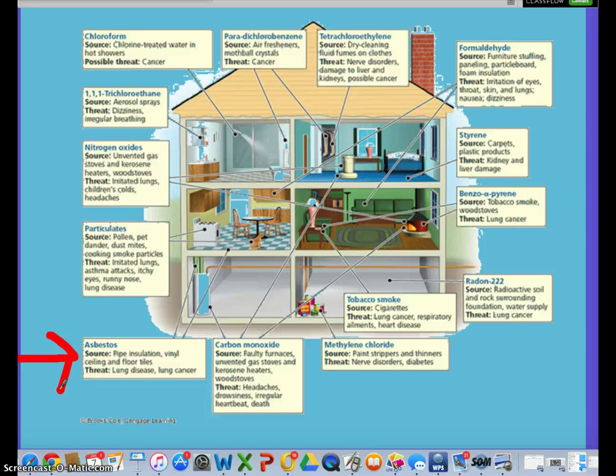Asbestos was actually found in insulations. So when a construction was built, insulation is what's inside your wall. Anybody know what it's used for? We're going to have to learn about that in another chapter. It's to trap heat in winter. So it's a way to make energy more efficient. It helps reduce loss of energy, which is the goal of any type of energy system,